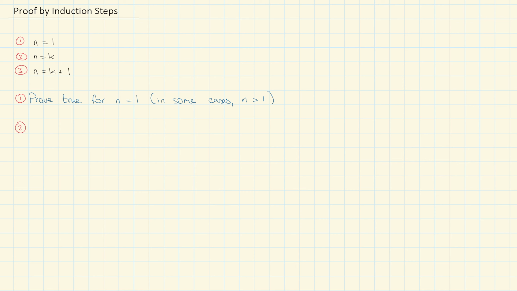Okay, step 2 then, and you'll put this title on it, you'll say assume true for n equals k. So this second step we don't actually prove, we just sub in, and then we'll use step 2 to help us rearrange step 3 and make our proof work out. So sometimes here, so for a divisibility proof, we usually rewrite it